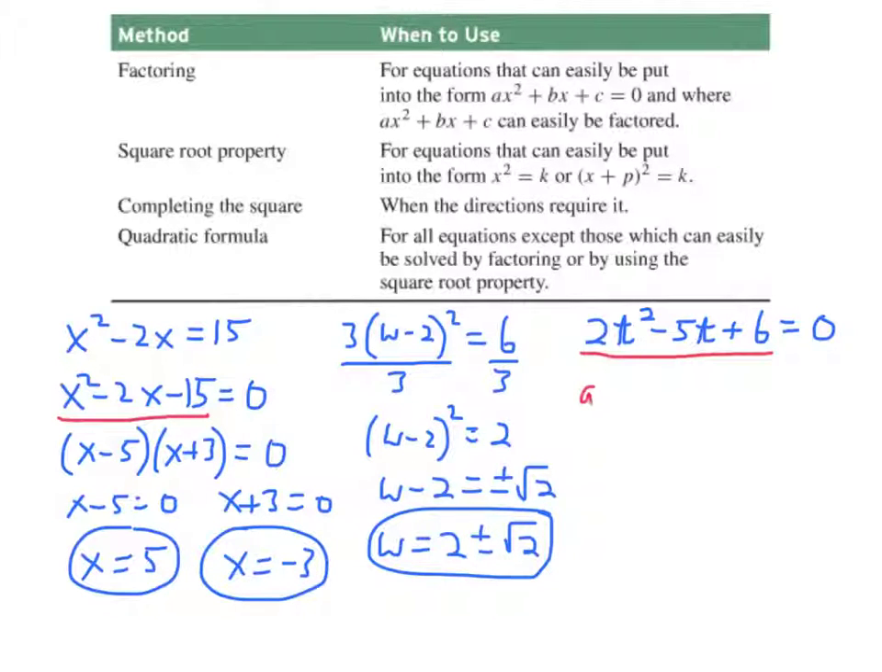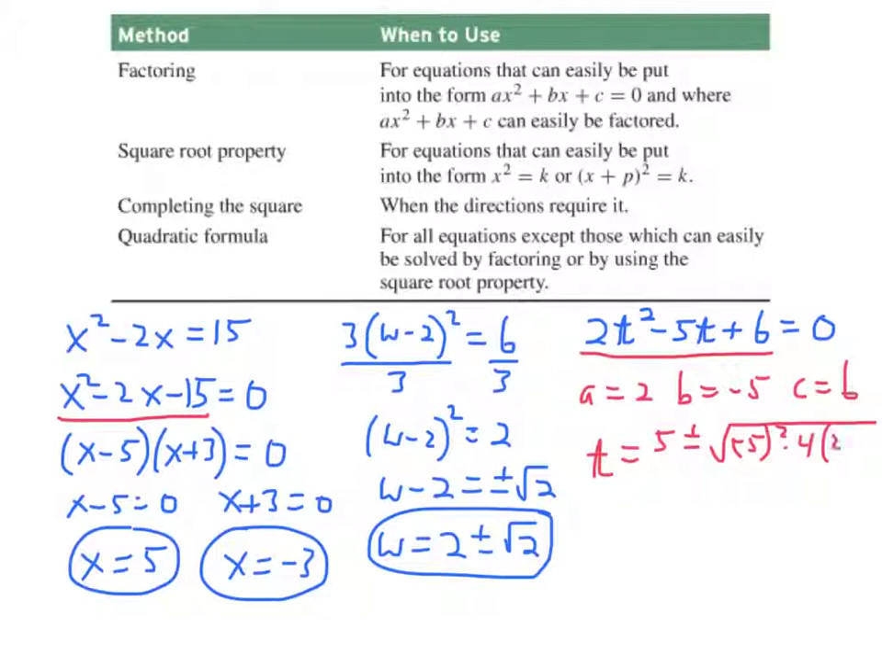So you'd write down your A and your B and your C and substitute those numbers into the quadratic formula. So you'd have t equals 5 plus or minus the square root of negative 5 squared minus 4 times 2 times 6, all over 2 times 2. And you'd work that all the way out. I'm not going to finish this problem here, but you might notice that when you figure out the discriminant, this number that's underneath the square root here,